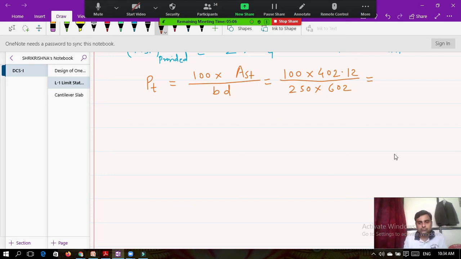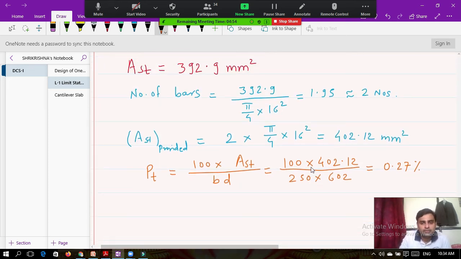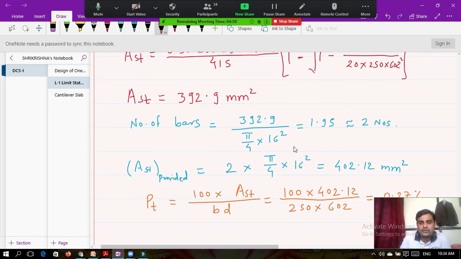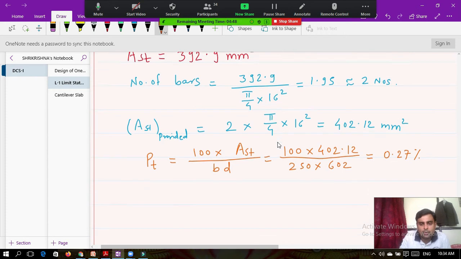0.268, point 268. Okay, I will make it 0.27%. Okay, so now here we have provided 2 bars of 16 mm diameter at the bottom, and also at the